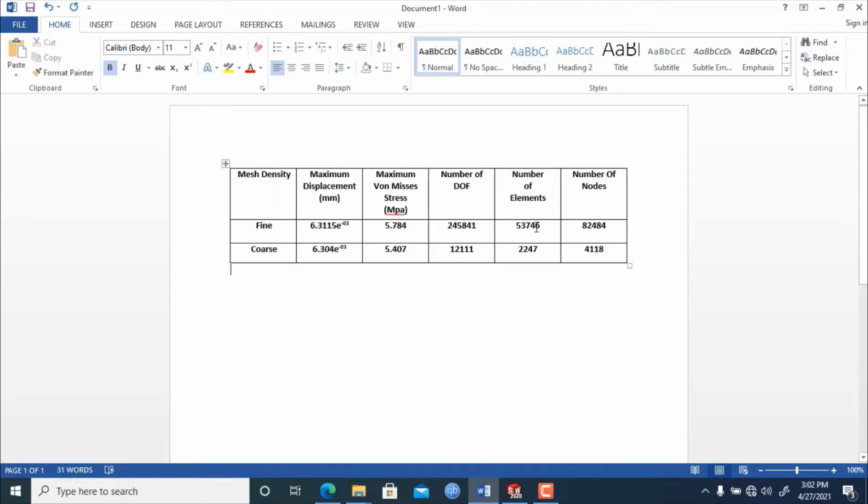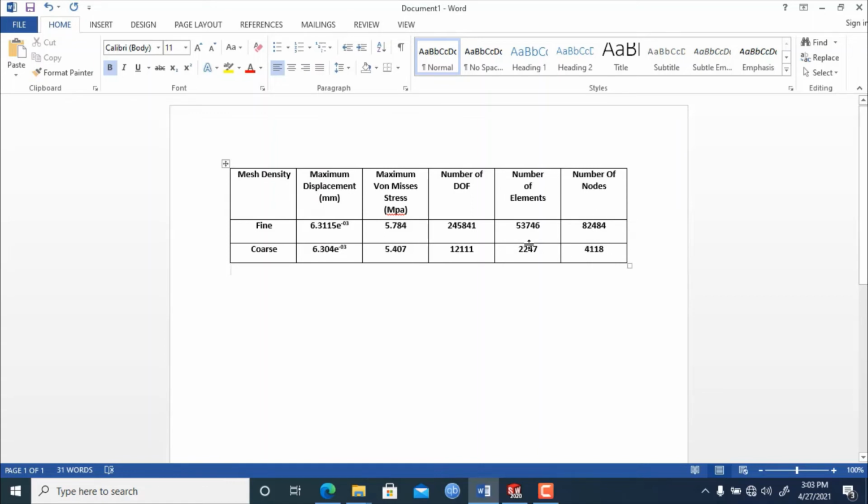Number of elements: we created 5,37,046 elements in the finer mesh density. And when we selected the coarse mesh density, we created only 2,247 elements. So this is the difference between element numbers. Because of this difference, we can see the difference in displacement and in the number of degrees of freedom, and in the nodes.